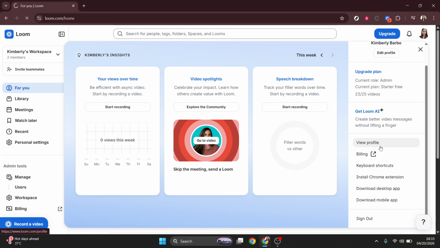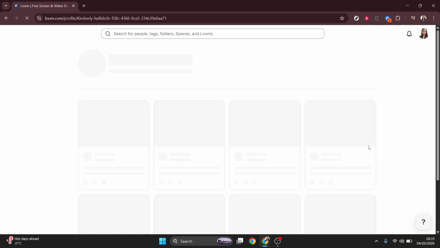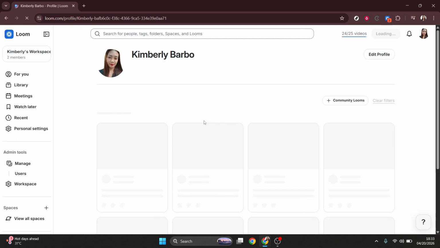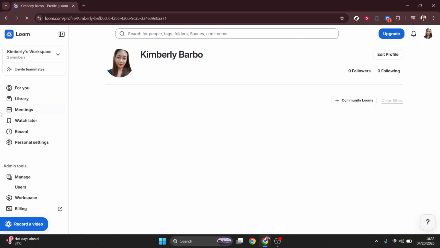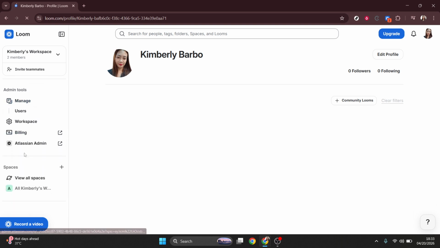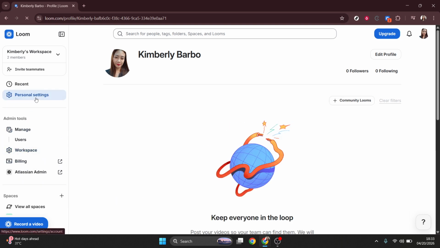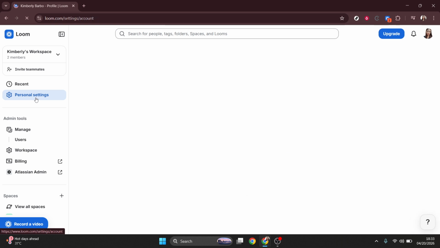Inside Settings, find the section labeled Integrations or Calendar. Depending on your version of Loom, it may appear under different wording, but you're looking for the place that handles connected calendars. Open that section, and you'll see an option to connect your calendar. Click Connect Calendar. Loom will give you multiple choices if they're available. Select Microsoft Outlook. Picking the correct calendar provider here is important so Loom syncs with the account you actually use